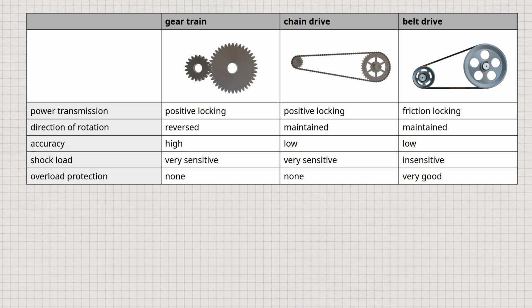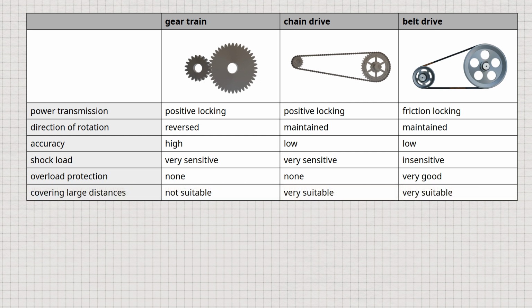Gearboxes have disadvantages if large distances have to be covered between the input and output. A large number of gears must then be used, which leads to a high gearbox mass and low efficiency due to the increased flank friction. In contrast, belt and chain drives can be used with almost any shaft distance. With gear drives, however, the shaft distance is always equal to the sum of the radii of the meshing gears.